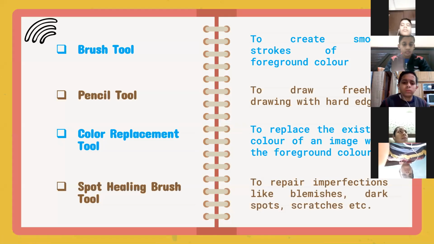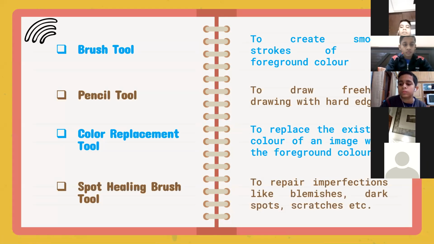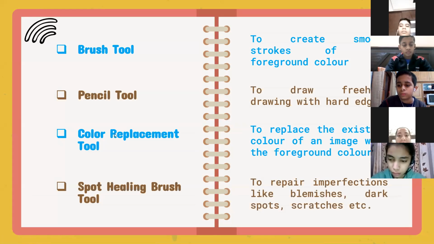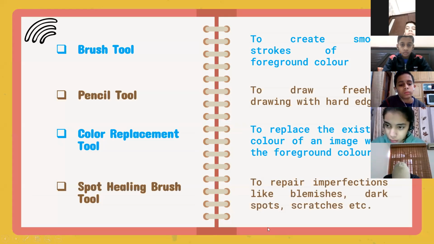It could be blemishes or it could be scratches on the picture. It could be any dark points or dark shades in the picture that you want to remove or want to make correct. All of these things can be done with the help of spot healing brush tool and healing brush tool also. The difference between both is in healing brush tool, you have to specify the target. You have to pick a spot that will be copied and heal the defected area. But in spot healing brush tool, it will automatically take the pixels from around the area that you want to